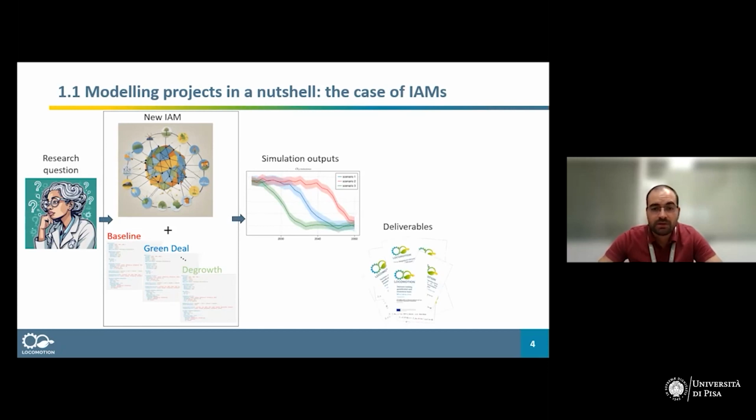The main end of a European project is to provide some deliverables with the results of all the exercises that you develop to create an IAM, to create the scenarios, and after that to evaluate what the results are and discuss, obtain conclusions, and so on. But in the meantime, we need to